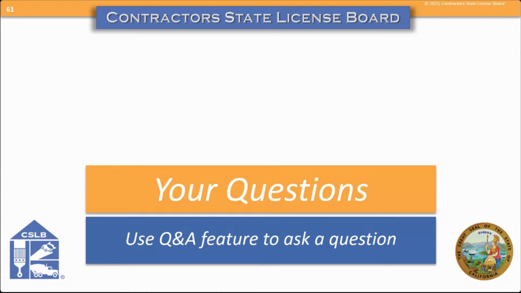Oh, it looks like there's a follow-up here. For demolition and house moving permit, is it possible to use the work you do as an owner builder on the project for use as experience in that area? So once again, owner builder experience is just for the B classification. So that would only be work you have performed on your home towards experience towards a B classification. So demolition and house moving wouldn't fall under that.